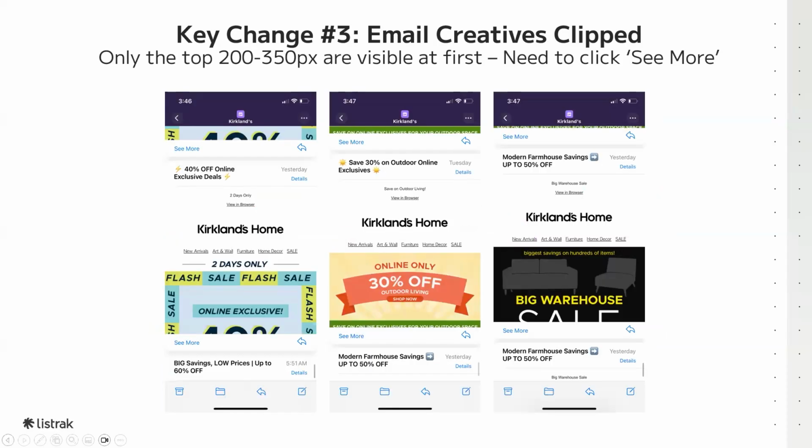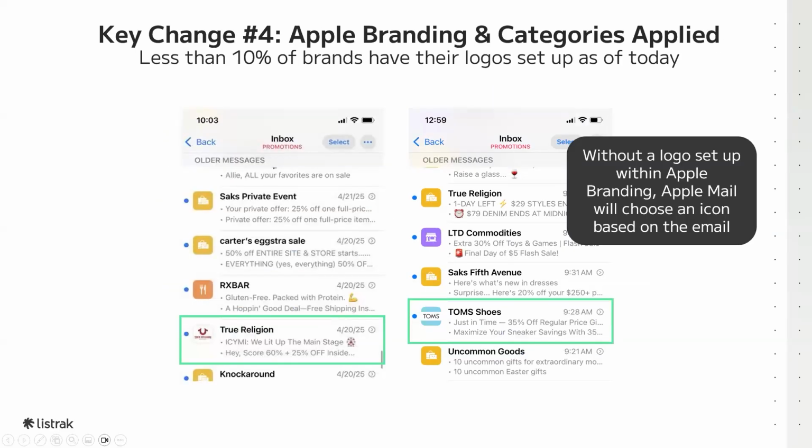An additional change within iOS 18 is only the top 200 to 350 pixels of an email are visible by default. To see more, users must tap the See More CTA at the bottom of the preview. If your main call to action or personalization is buried down further than that, it might not be initially seen or considered. Apple Mail is also now applying branding and category iconography to visually identify email senders, but fewer than